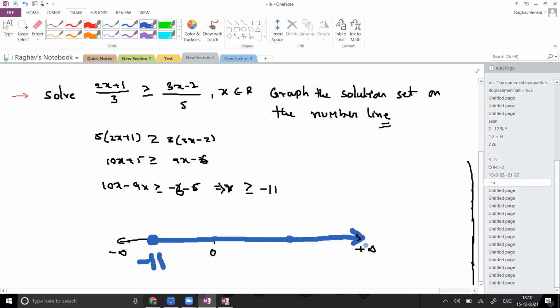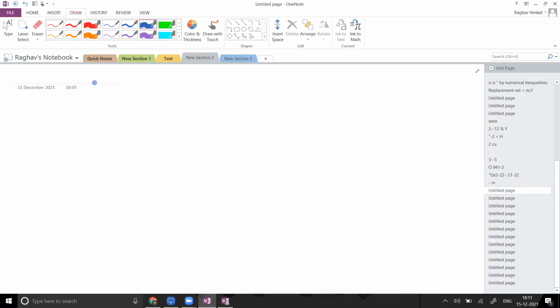This arrow mark. If it is a defined value, you have to circle it. Infinity is an undefined value, so just an arrow mark; it will keep on going, there is no end. Like straight lines: with arrow marks, it's a straight line; without arrow marks, it's a segment. Segment means defined length. Arrow marks mean you can extend that line to any length. Same principle you can use. See next question.